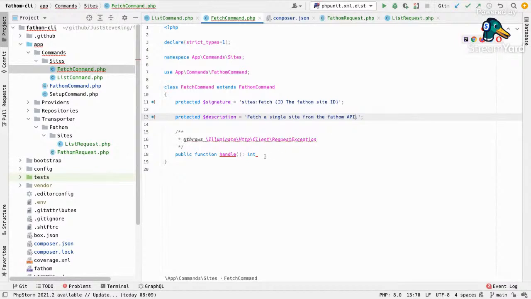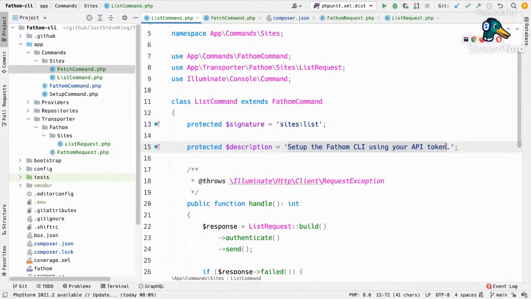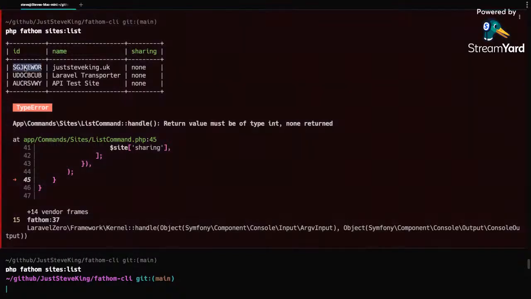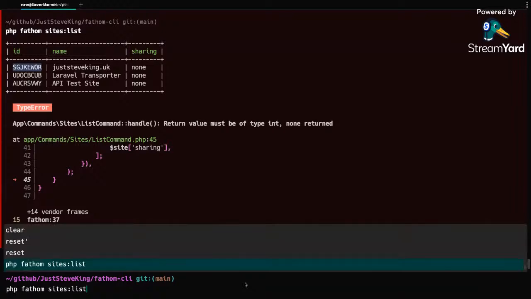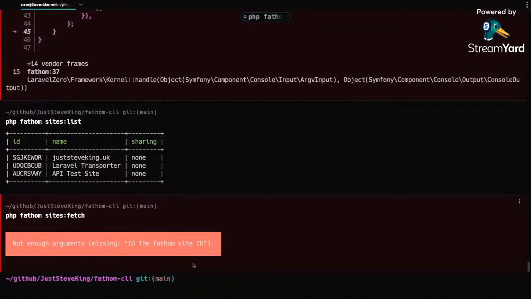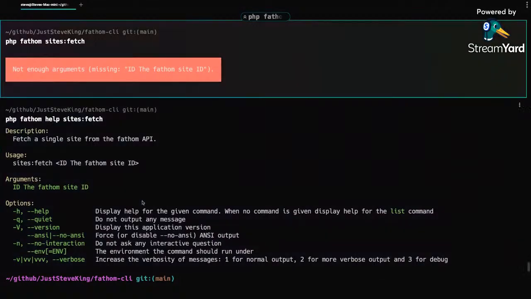Obviously, this one is going to be, don't need that. List all sites on. So now I can do something like, make sure I get that. Like a fetch. We could do a help before that, I believe. Cool, ID, the Fathom site ID. So I can do